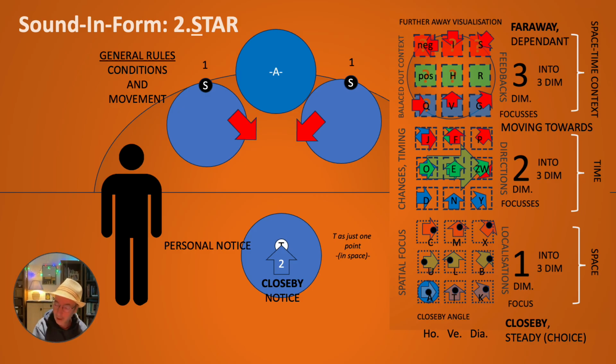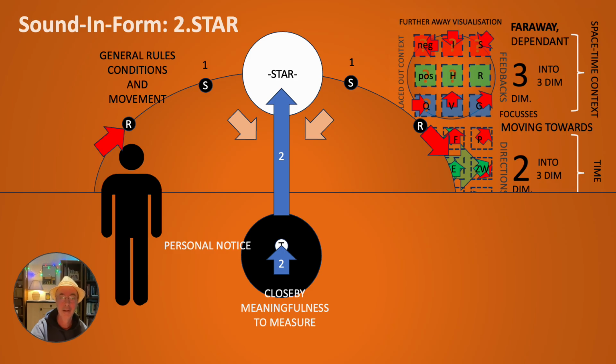So I lift my A, or position of focus, up to that position where I can see the star. And there is the star, and I follow it. You can also follow the arrows. You can follow its movement, its connections, and so on. And you see what it means for you, for your personal significance,